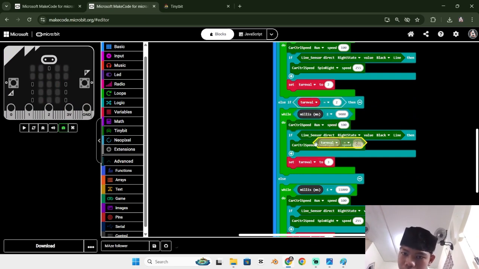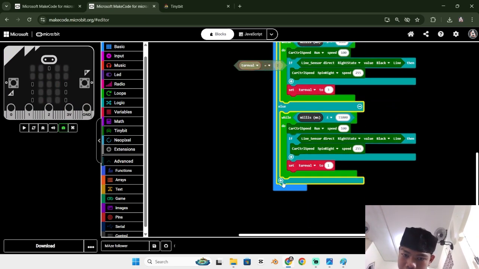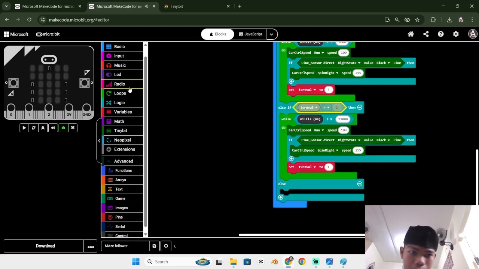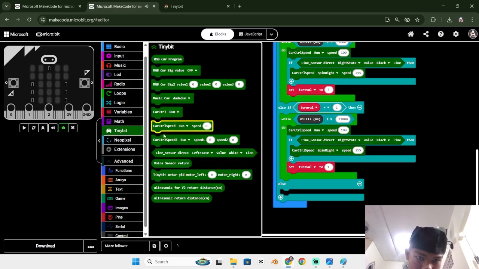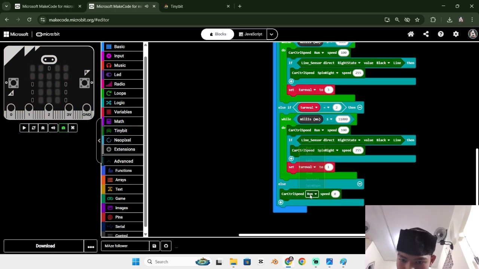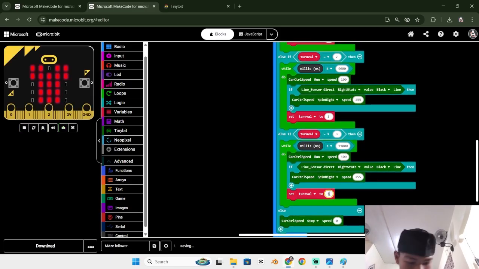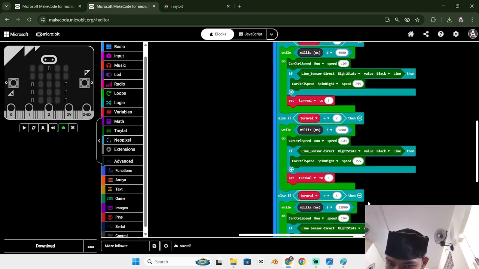Oh yes, our last is gonna be else. Else is gonna contain nothing but stop: control speed 0 and stop. So we're gonna stop right at the end of the track, and then put the turn value to 3, and then put this to 4. Okay,